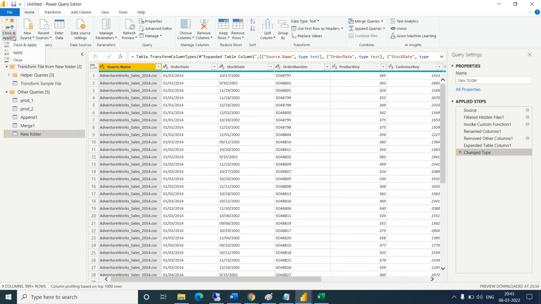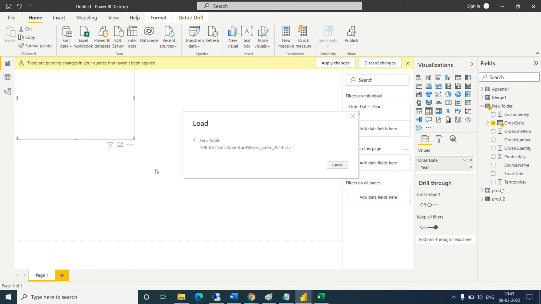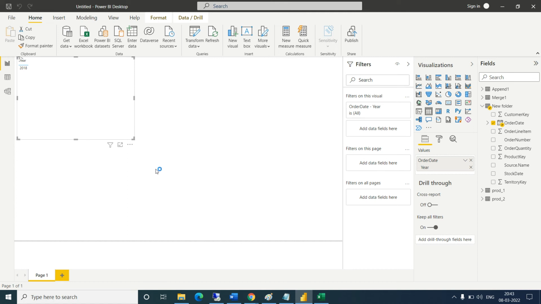So let's close and apply again. When we close and apply, we will get all the data here. Now you can see you got the 14, 15, 16, 17, 18 data.